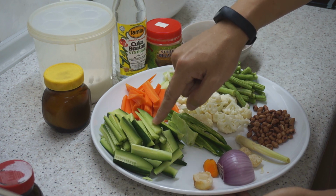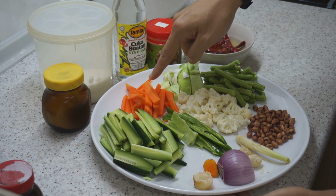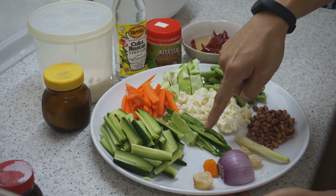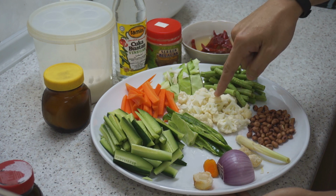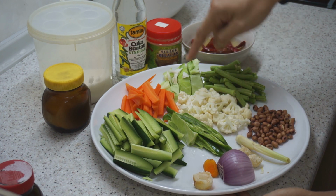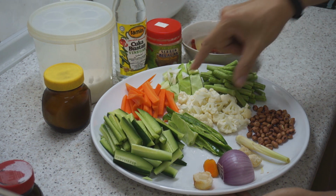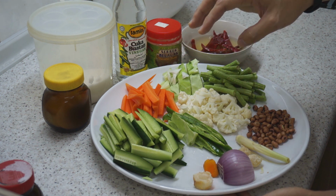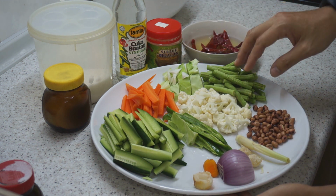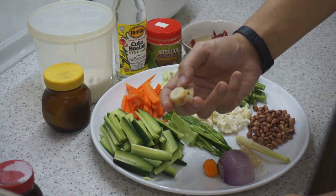We'll need to salt this and let it sit for at least half an hour. We're going to have some sliced carrots, some chilies. You can use green chilies or red chilies. I cut up some cauliflower florets, some cabbage, and some long beans cut into almost the same lengths so that it actually mixes easier. Now for the sauce portion, we will have galangal, which is